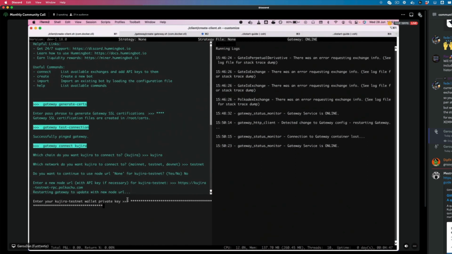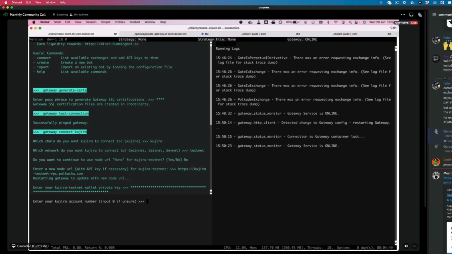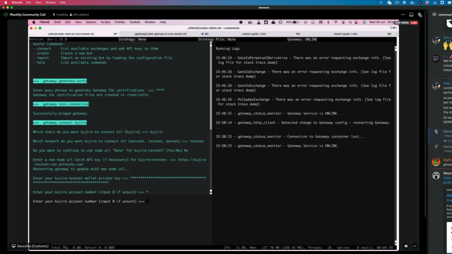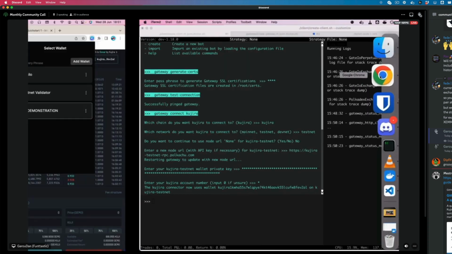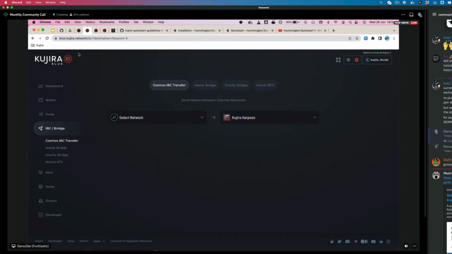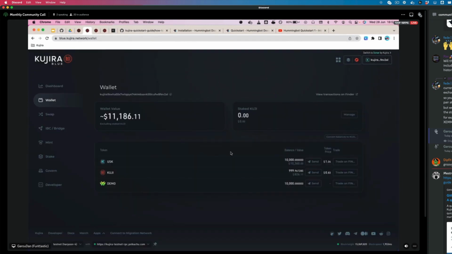As you can see, we can place it securely. And in Kujira, it's possible to have multiple accounts, but it's not that common. So if you are unsure, you can just put 0 here as well. And just wait a little bit. Okay, so now from the mnemonic and the account number we were able to fetch our public key. And I can show you here, from what I have in my wallet, I have